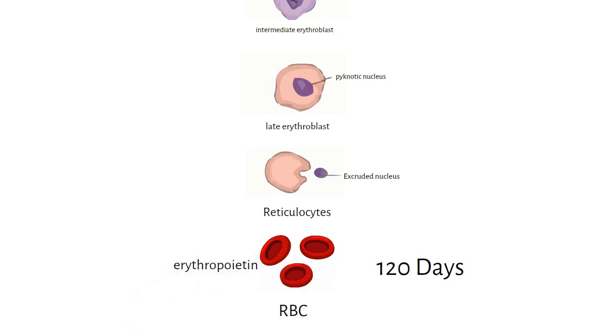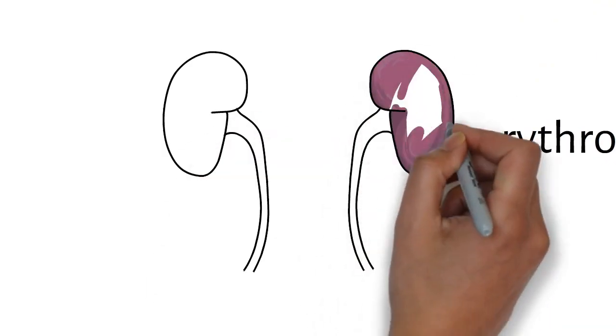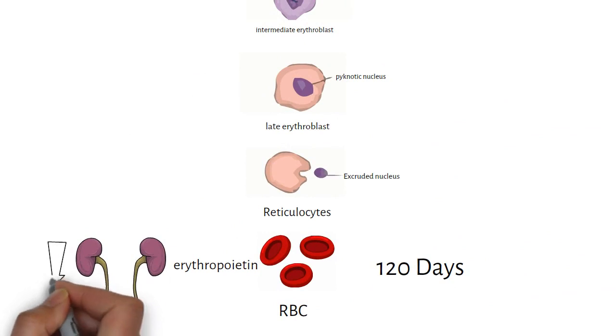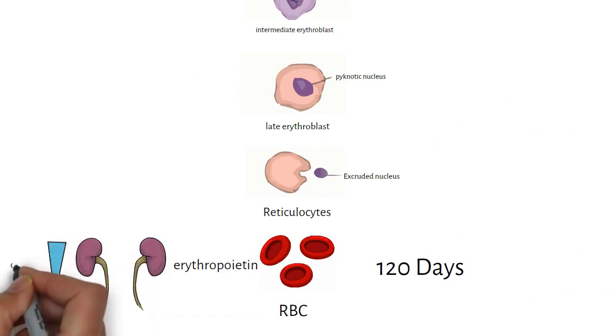And as discussed earlier, erythropoietin is a glycoprotein secreted by the kidneys to stimulate red cell production when the kidney senses drops in